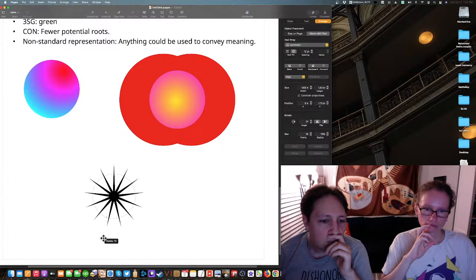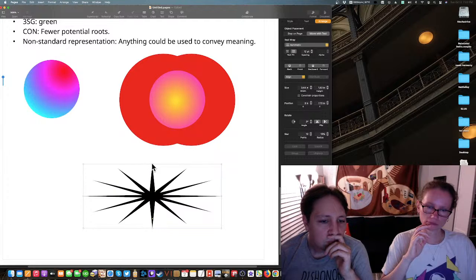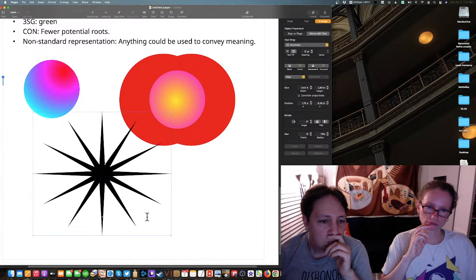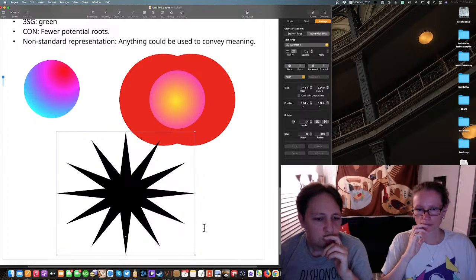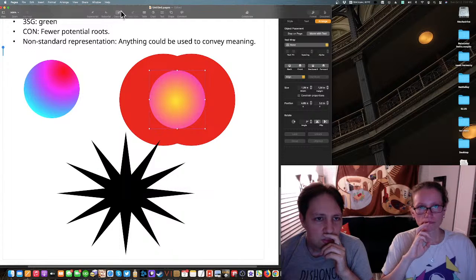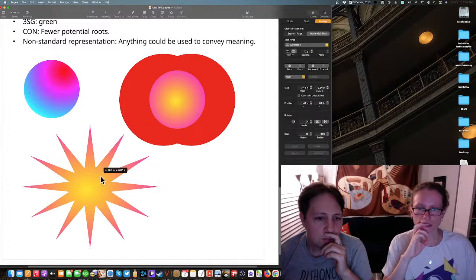And then, whoa, that's fun. And then, actually I want it to be a little bit thicker. And we're going to make this, is this just going to destroy it? No, it's not. Ooh, perfect. Nice.